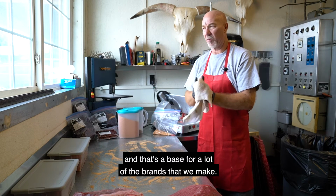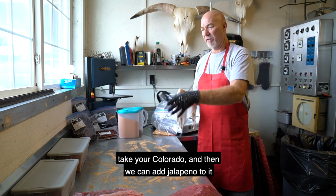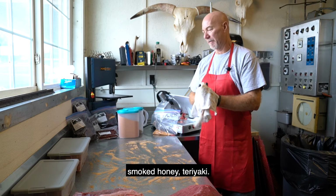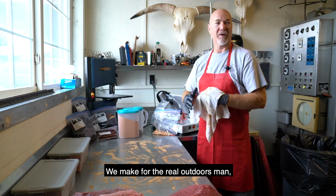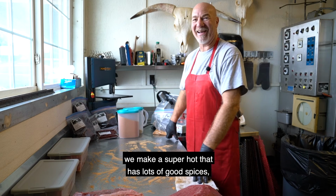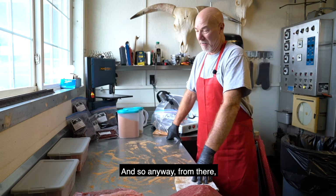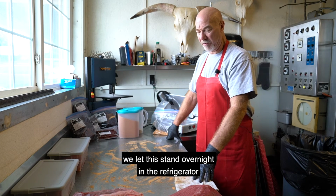a lot of the brands that we make. And so we always start with a base. Take your Colorado, and then we can add jalapeno to it, make a jalapeno blend. We make a pepper blend, smoked honey, teriyaki. We make, for the real outdoorsman, a super hot that has lots of good spices, a lot of jalapeno, habaneros, and so anyway, from there we let this stand overnight in the refrigerator, and